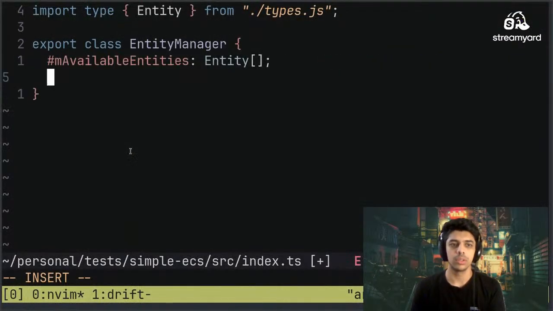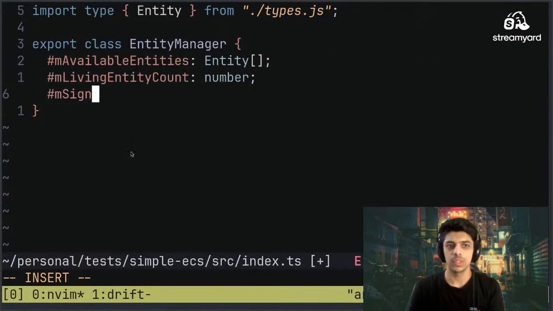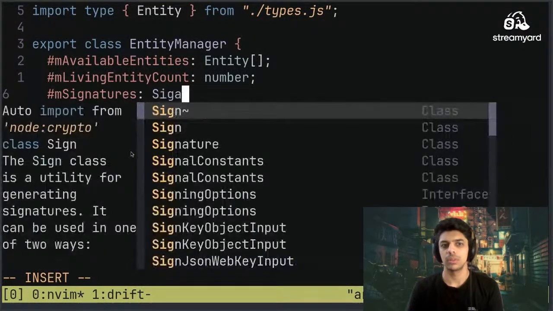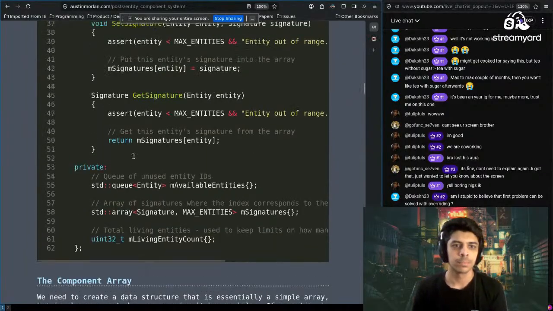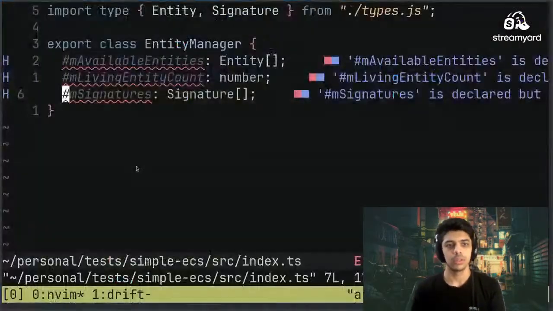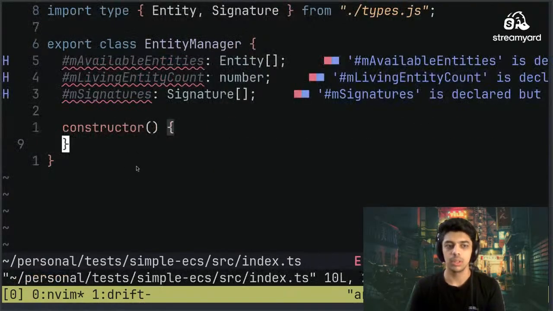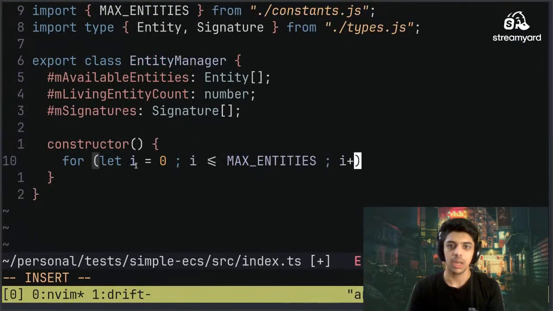And then we have m living entity count, which is a number, and then we have m signatures, which would be an array of signature array. Okay, so this is what we're gonna do. When you create the entity manager, for let i equal to 0, i less than equal to max entities, i plus plus